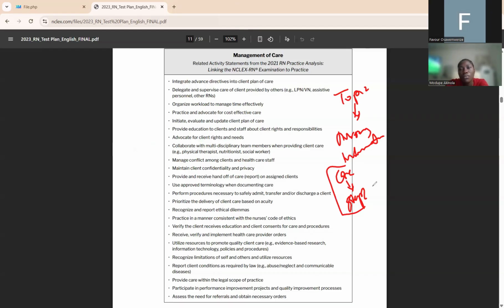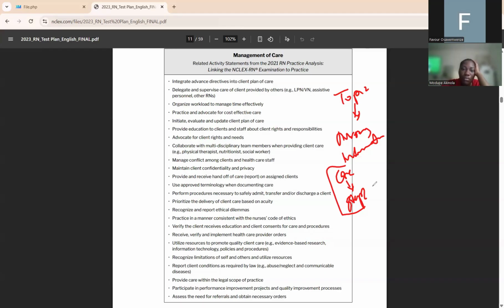You'll be tested on delegation, supervision, organizing workload, practice and advocating for cost-effective care, initiating, evaluating, updating client plan of care, provide education to clients and staff about their rights, responsibility, advocating for it, collaborating, managing conflict, confidentiality and privacy, handover reports, approved terminology when documenting, admission, transfer, discharge, prioritization, ethical dilemma, code of ethics, consent, verifying,